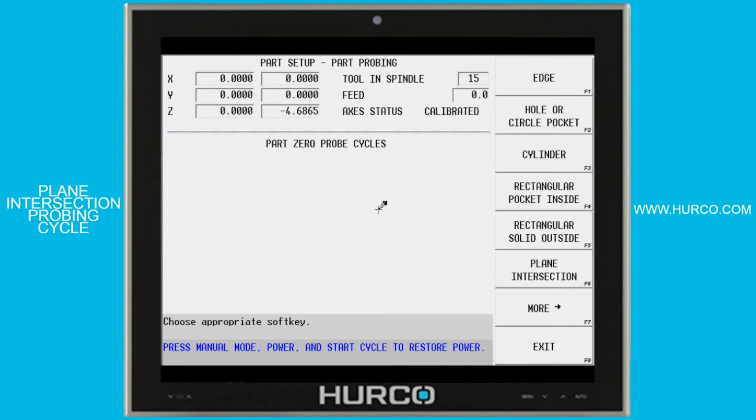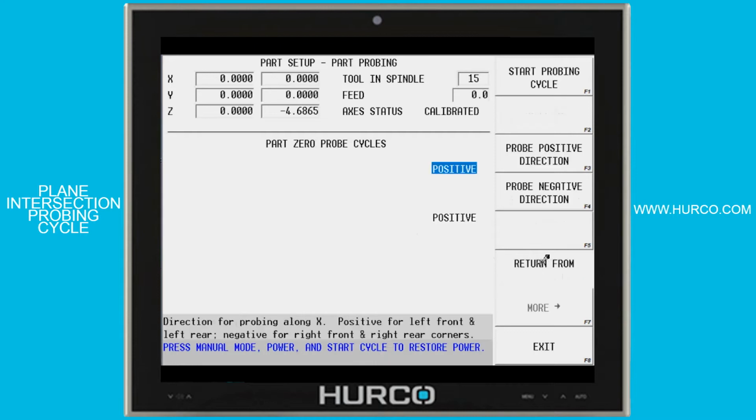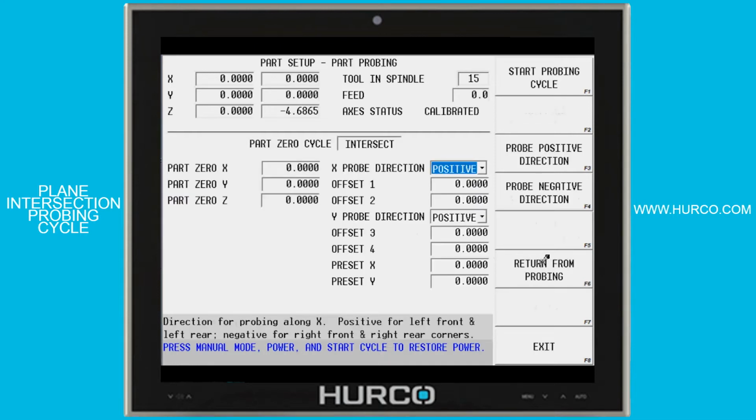In this video we're going to cover plane intersection. So we want to go to the plane intersection soft key. And what we use this for is, in the example in this video, we're going to find the front left